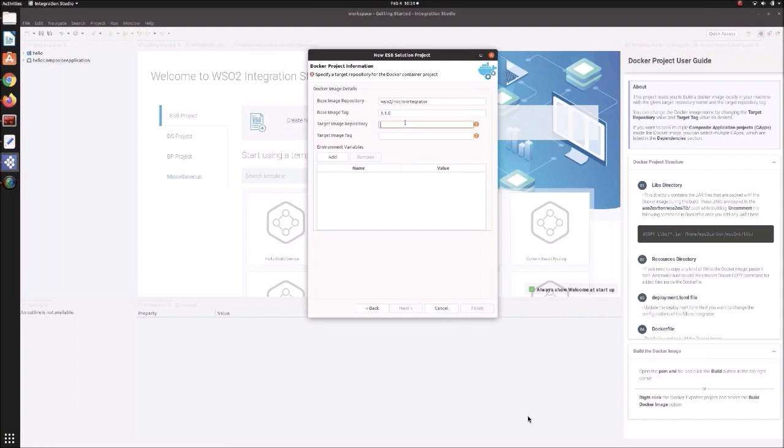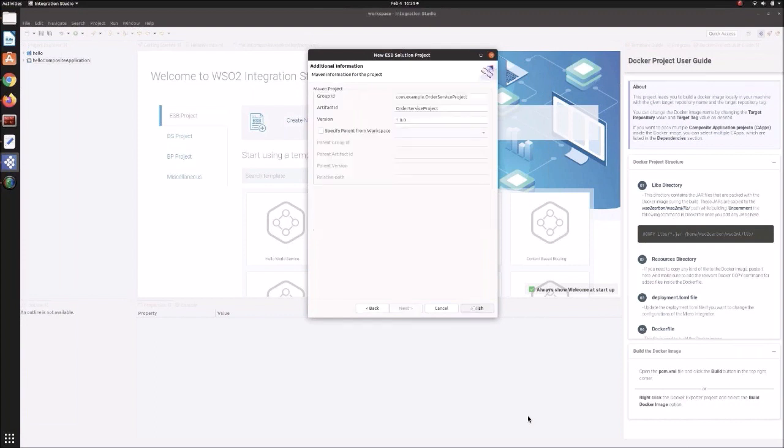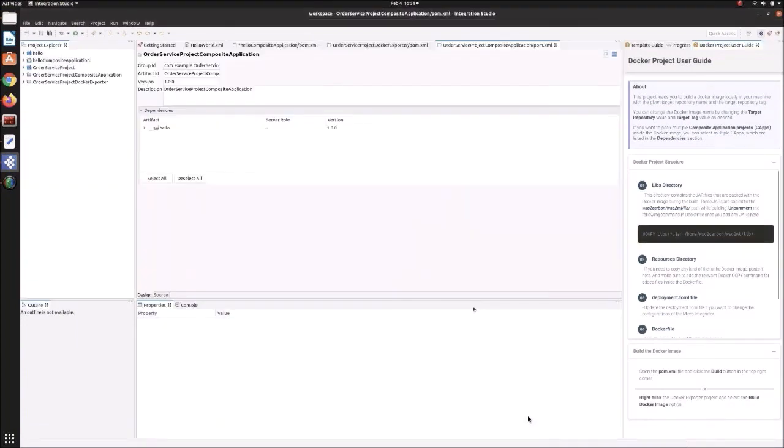So here we have to give an image target repository and also a tag for the target image. And also if you have any environment variables to be added to a Docker image, you can add them here. For now, we won't be adding any environment variables.